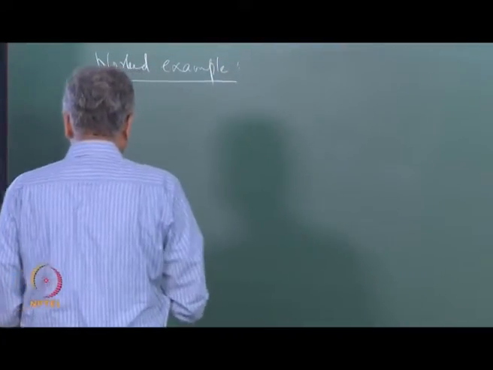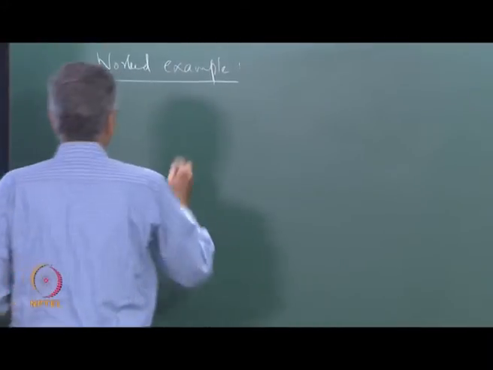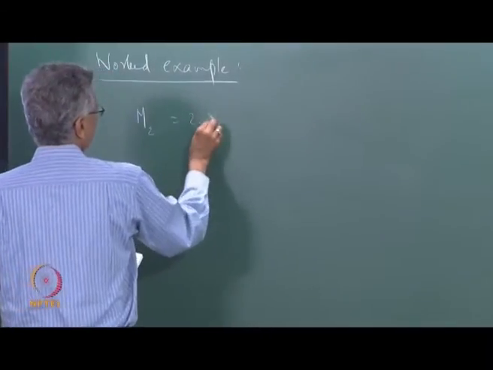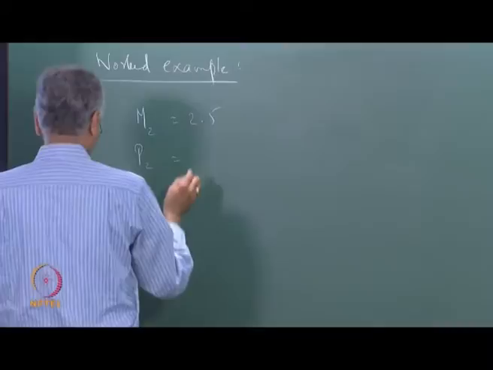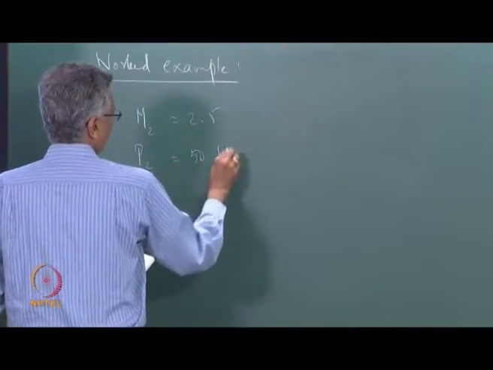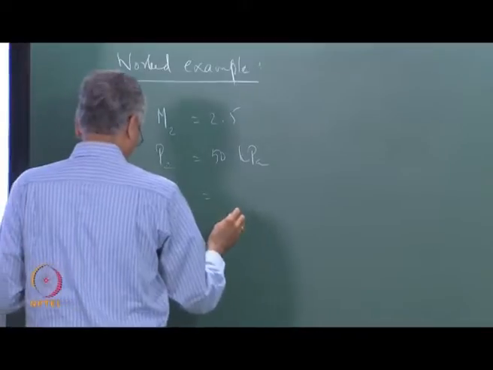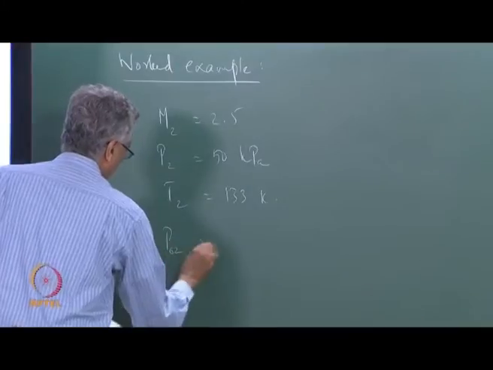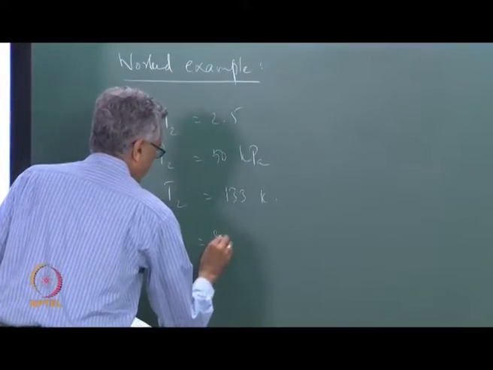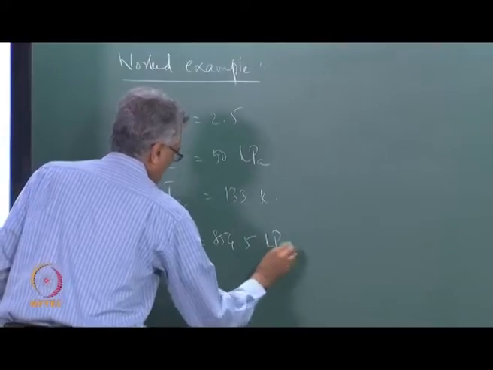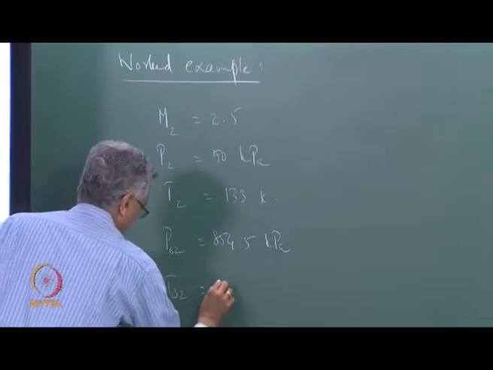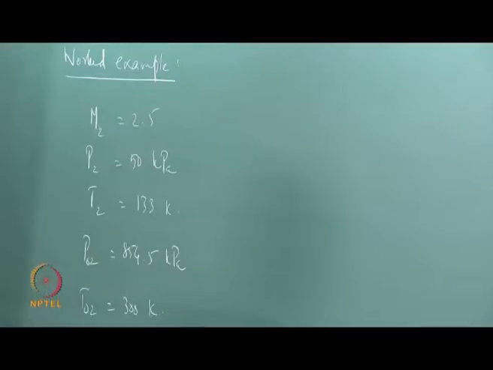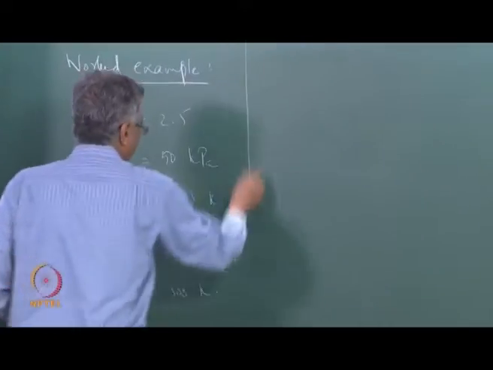And if you recall from our last lecture, we evaluated the following things. M2 was calculated to be 2.5, P2 static pressure was 50 kilopascal, and the static temperature T2 was 133 Kelvin, and the stagnation pressure P02 was 854.5, and the stagnation temperature was 300 Kelvin. So these were the flow properties that we evaluated at state 2, and for state 3